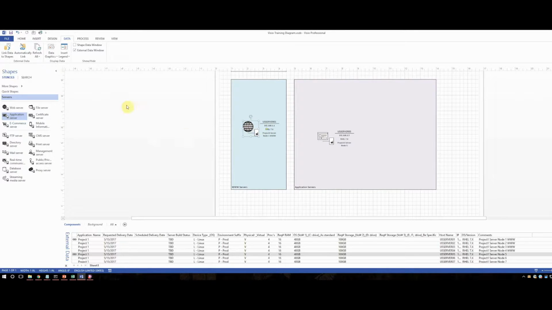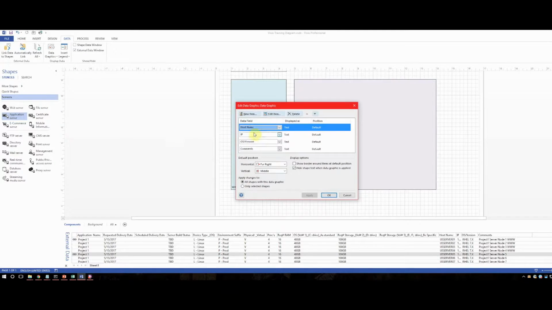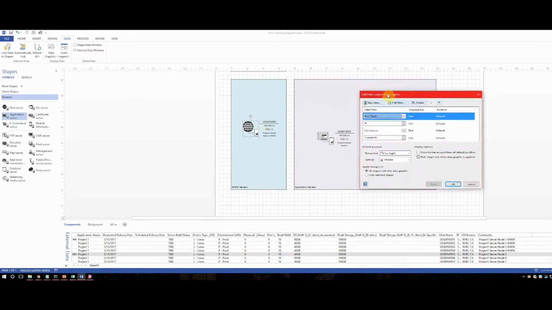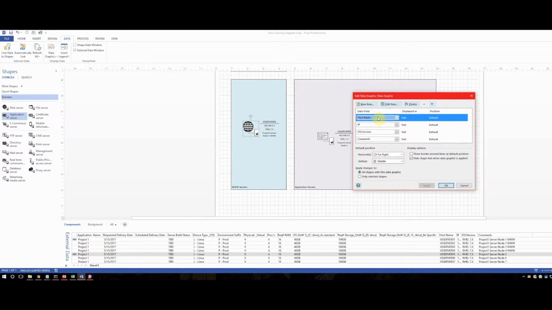So we're going to click on data graphic, and we're going to edit the data graphic. Now you can do create new data graphic if you want, but usually you can just do edit data graphic even if you haven't already set it up, which I have again in this case. You can do edit data graphic, and it's going to bring up this dialog. What this is, each line here is going to represent... in fact, let's just delete all of these,